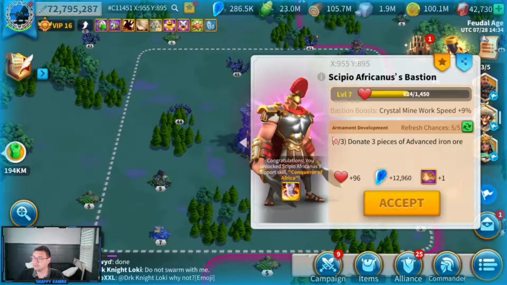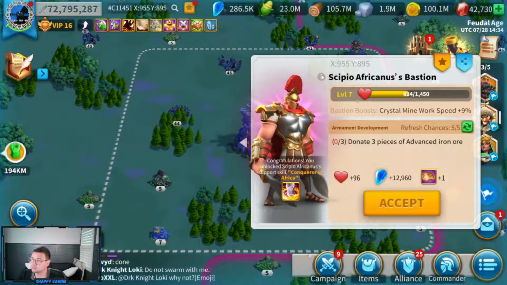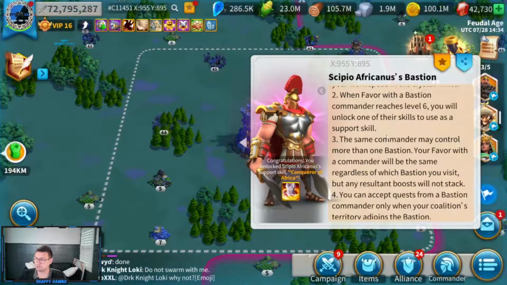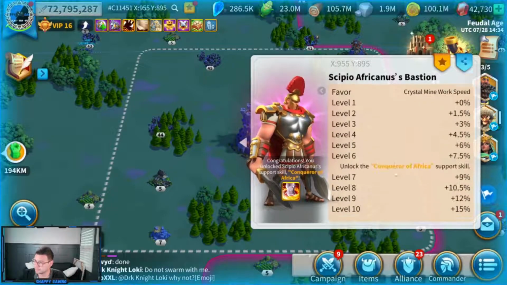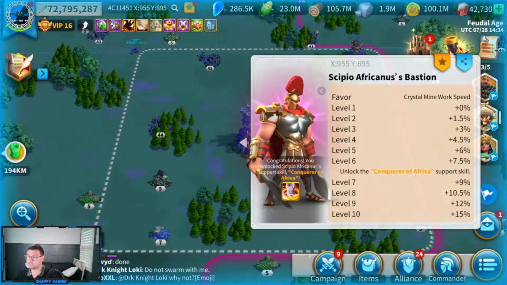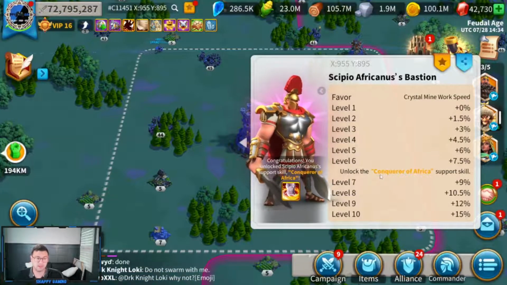But if you need further incentive, let's actually look at the crystal mine boost that you get from doing these. And if you want to read through this, you're absolutely welcome to. I'm going to scroll through this. But what you can see here is that you unlock the actual support skill at level 6. Again, if you're in Strife of 8, I don't believe this matters. But what's more important here is actually the crystal mine work speed that you're getting for each level that you